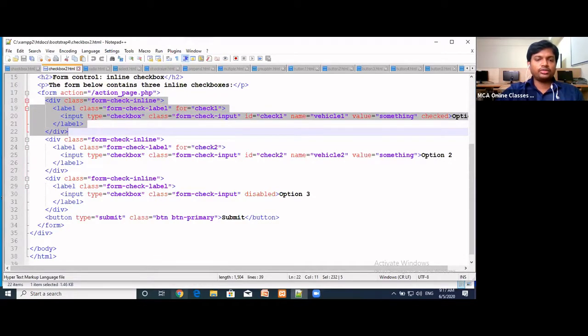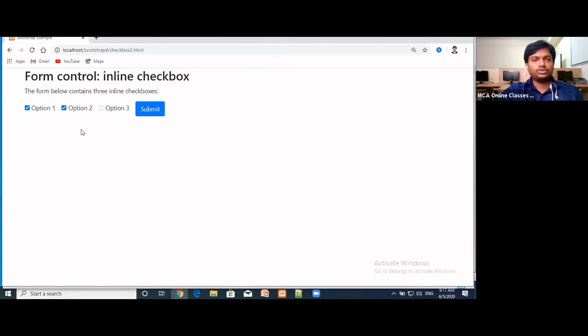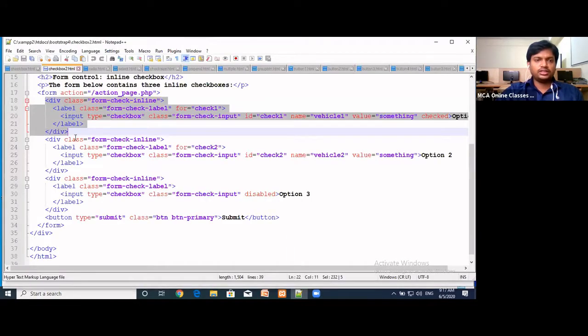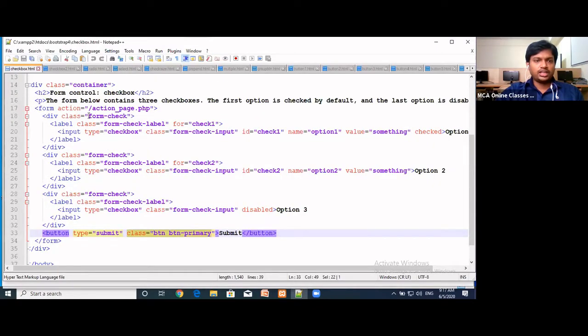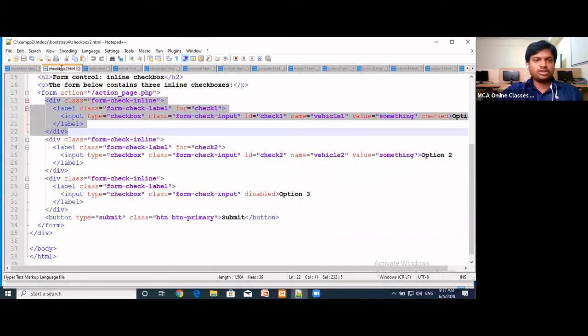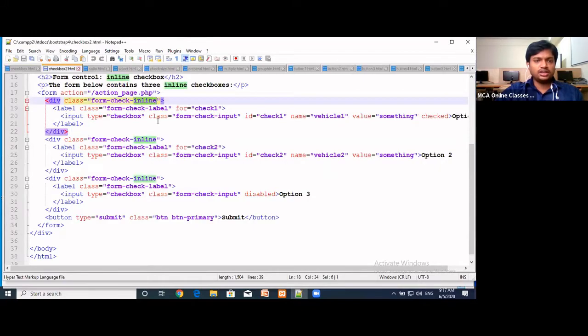Whenever we take input from the user, it may be radio buttons or checkboxes. With checkboxes we can select more than one, but with radio buttons only one can be selected. If we want separate lines, we can go for the class form-check, and if we want all the options or checkboxes in the same line, we just need to add the inline keyword to this class.